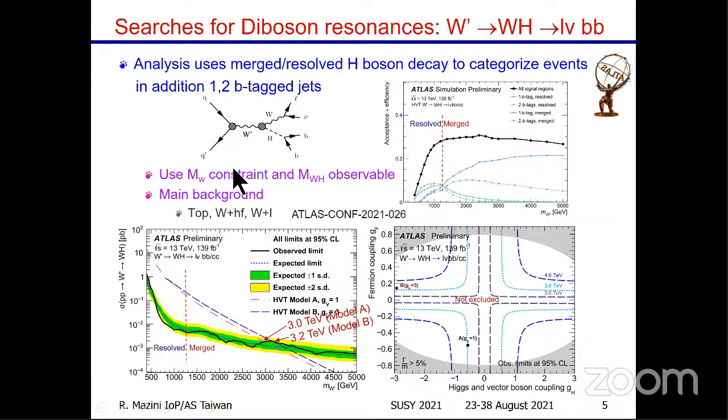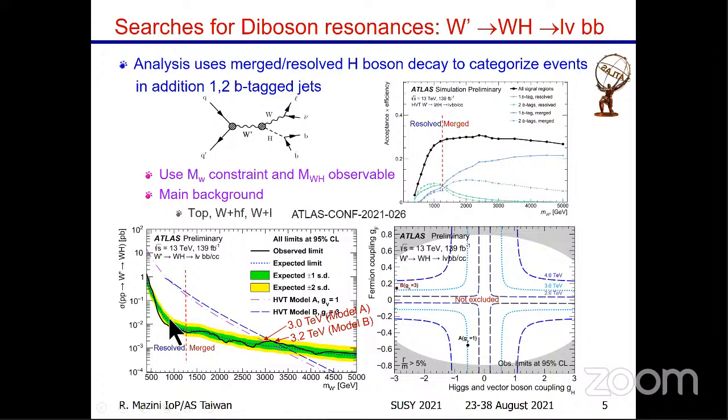Okay, so the MW was used as a constraint, and in total the invariant mass of the W boson and the Higgs is used as a discriminant variable. Of course, once all of these things have been done, all the different backgrounds have been correctly estimated, and the main ones are coming either from top, W plus heavy flavors, or W plus jets. One can cross-check these background estimations against the Standard Model predictions, and then do a global fit in order to extract the significance as a function of the W prime masses and compare it to the observed data, which is shown in this